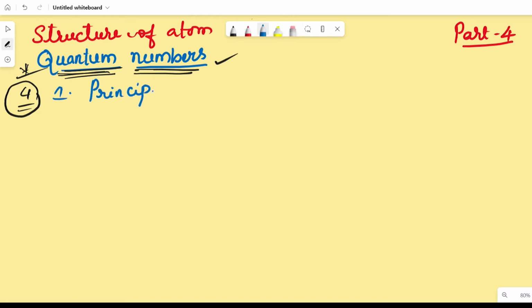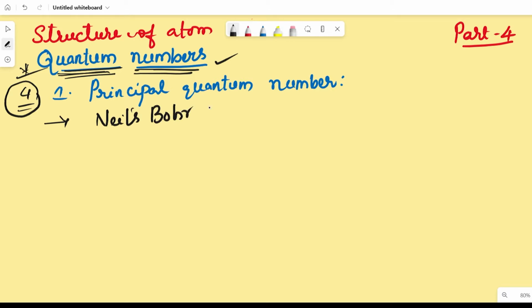principal quantum number. A very important quantum number. Who proposed this principal quantum number? The scientist Niels Bohr proposed the principal quantum number, right? And one more point: this principal quantum number is denoted with the letter small n. This indicates the orbit